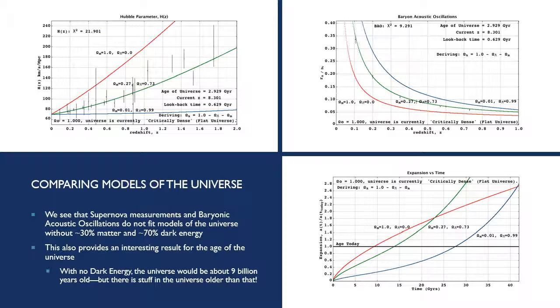Here's an example of comparing some different models of the universe, similar to the one a few slides back. So if you look at the top left one here, this is looking at three possibilities. This is that the universe is made up of just a whole bunch of dark energy. That's the blue line on the bottom. Or it's solely made up of matter. Or there's a mixture of matter and dark energy. And you see that the one that's a mixture of about 30% matter and about 70% dark energy is the one that matches the data the best.